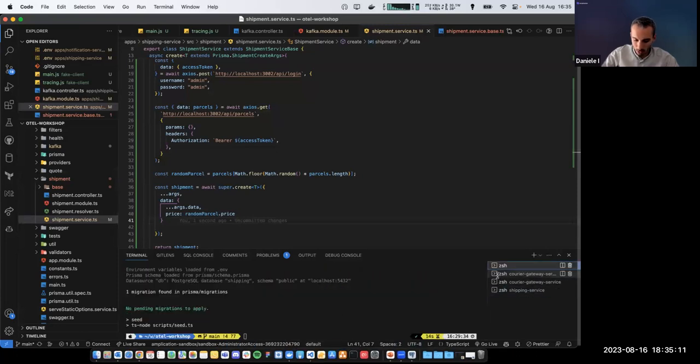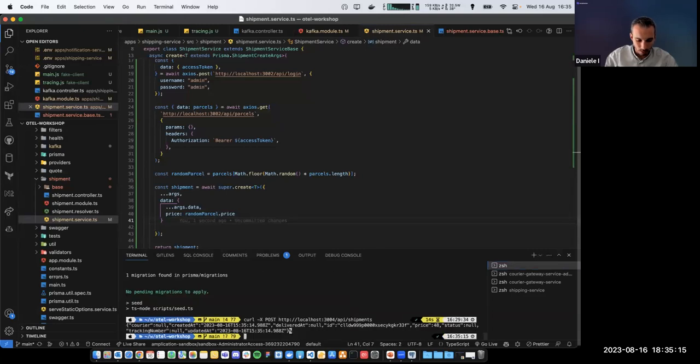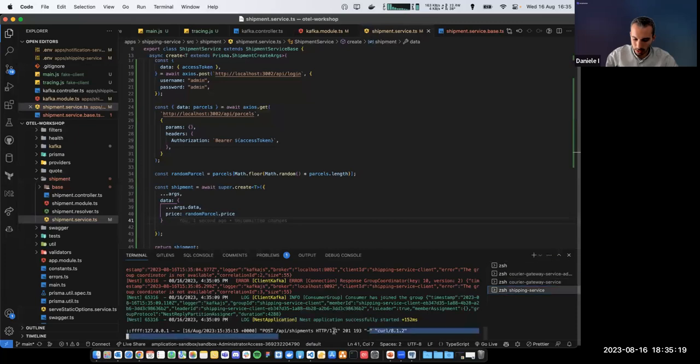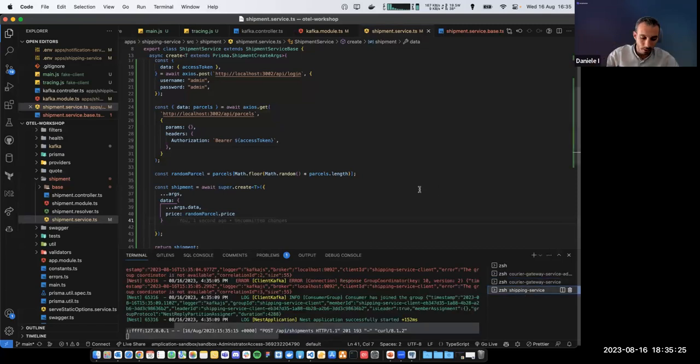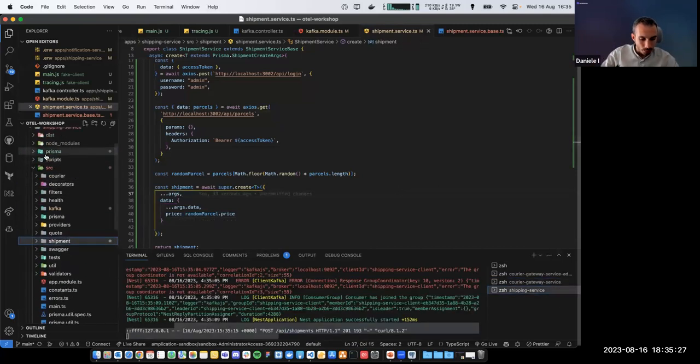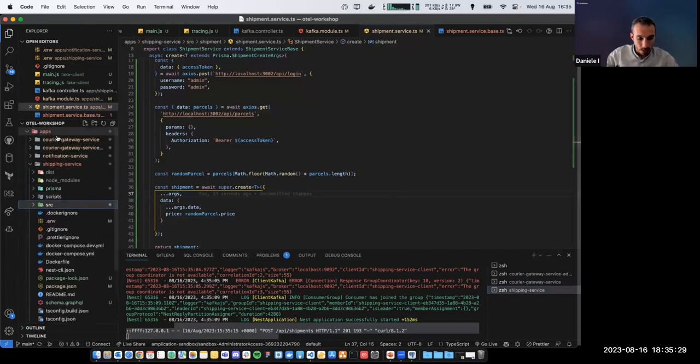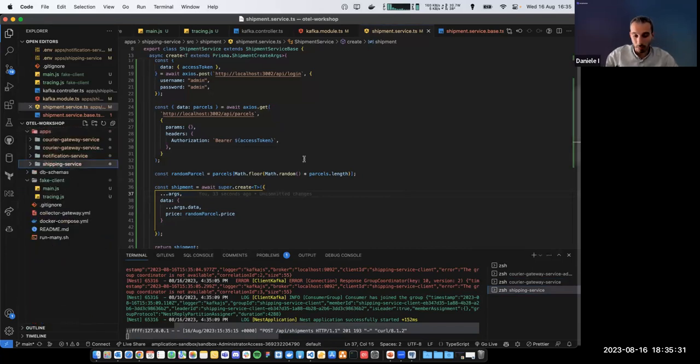Okay. So let's make a request URL to the shipment creation. Okay, it's created. Good. So that means in here we got a request. Yeah. And in here we got a couple of requests. Login and parcel. Everything is tied up together. Fun. So now, before we move forward with the application generated, and before we start instrumenting all of this, let's